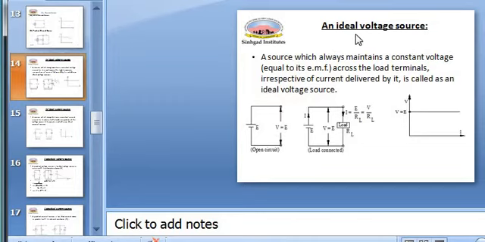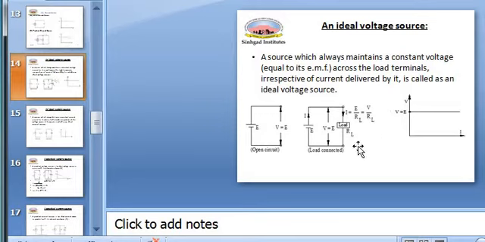Under the ideal voltage source, whatever current the output is taking, still the voltage across the output terminal V remains constant. Okay, say RL is the load resistance, V is the output voltage. When RL is connected, it is taking I amperes of current. So according to Ohm's law, what is I? It is E divided by RL. Voltage divided by resistance. So V divided by RL.